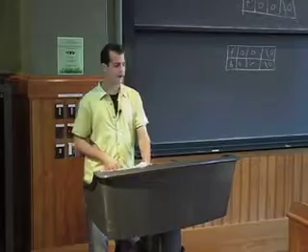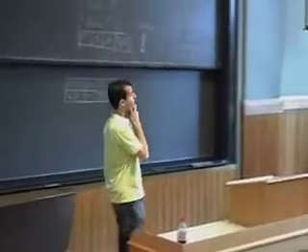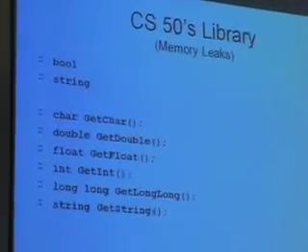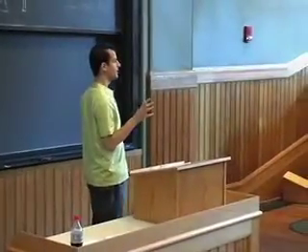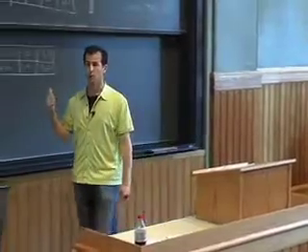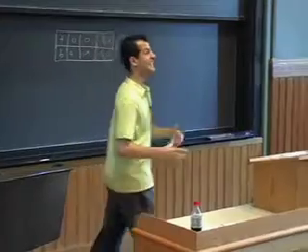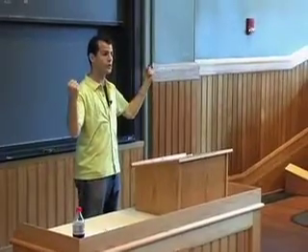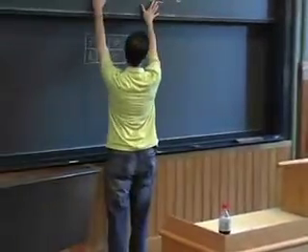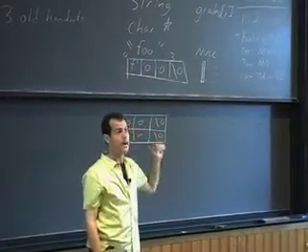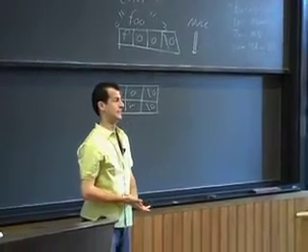Okay? All right, so I put parenthetically up top there, memory leaks, which is to disclaim the fact that this library is not as robust as it could or should be, or rather the usage of it that we've been preaching isn't quite how you should be using these things. Thus far, you've been calling getString a lot in your programs. But what getString is really doing, if you look at the source code for this library, is dynamically allocating memory for that string. It's asking the operating system for a chunk of RAM. But how many of you in your programs thus far have ever been giving that RAM back to the operating system? Probably none of you.